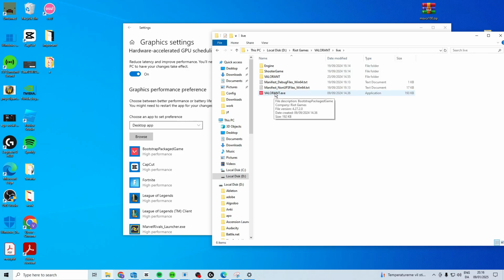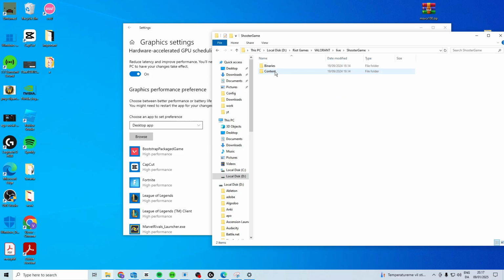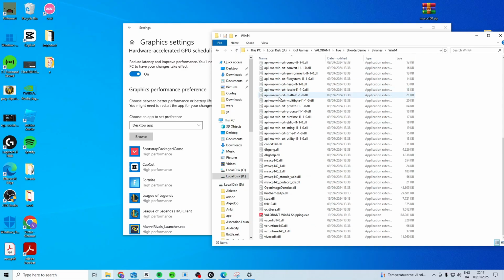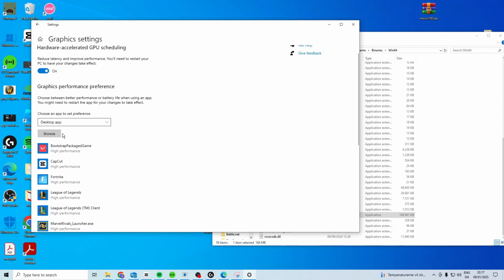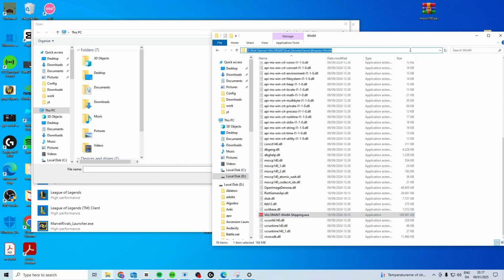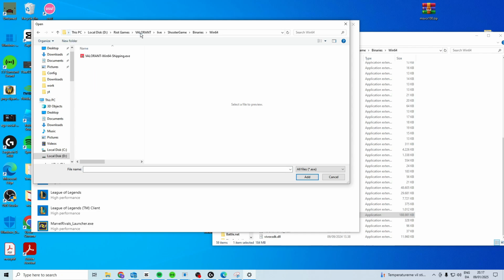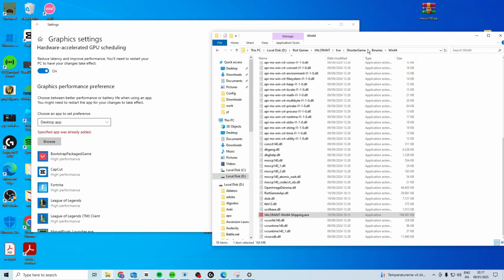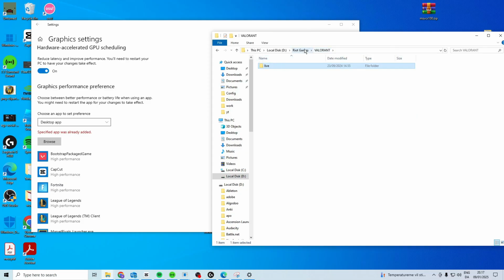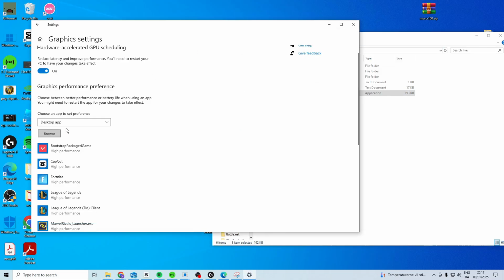So we want to add this one, and we also want to add another one, or the shooter games, binaries, Windows, and this one. So we want to try and add both in here. So just press Browse, come in here, click Ctrl C, click Ctrl V. Then you want to try and add this one. You can see I already added it. And then you also want to try and add this one right here. So let's just try and add this one as well,